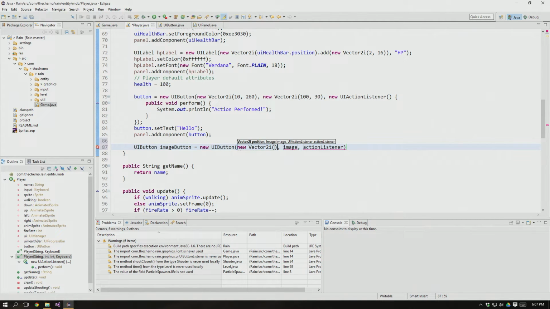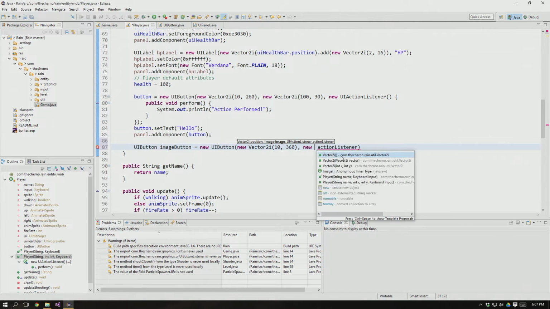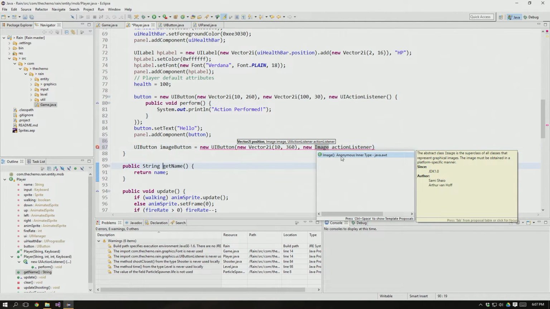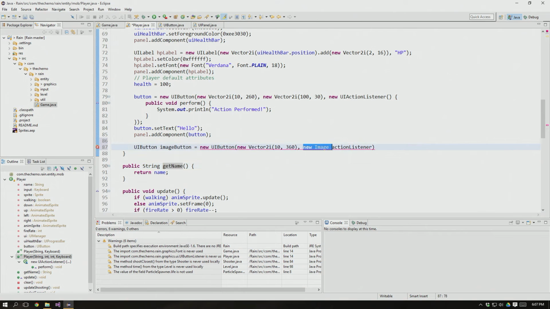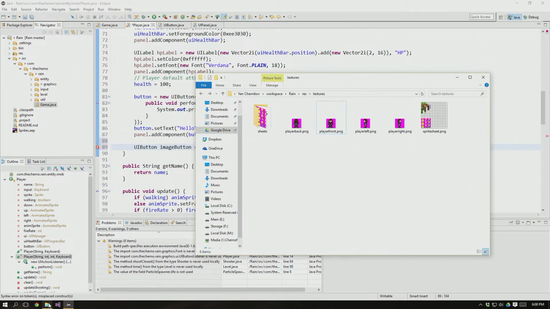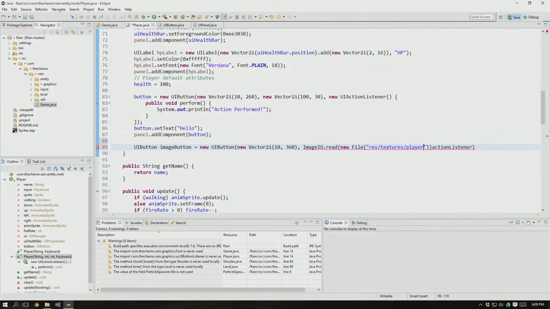We'll make it something like maybe 10 and then like 360 or something. New image will be, we can actually just do something like ImageIO.read new file res textures and player front.png,